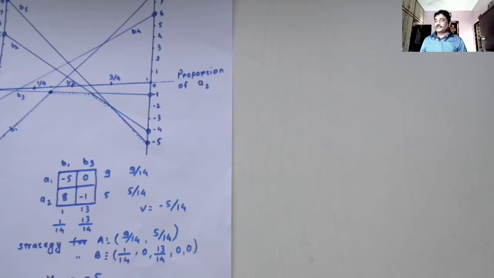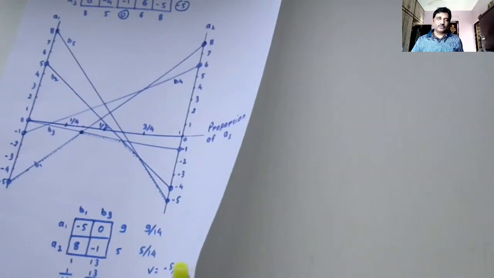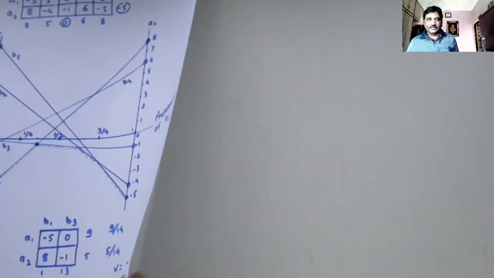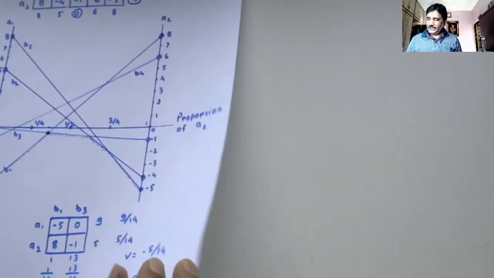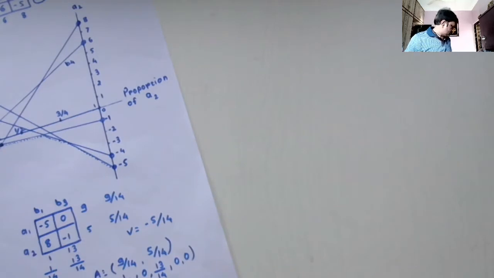Instead of explaining this problem once again in short, I'll be taking another problem on the graphical method. In that problem, player B has got two courses of action and player A has got many courses of action, might be one, two, three, four. So we'll be seeing that problem, and anything which is left to be understood in this will be understood by that.